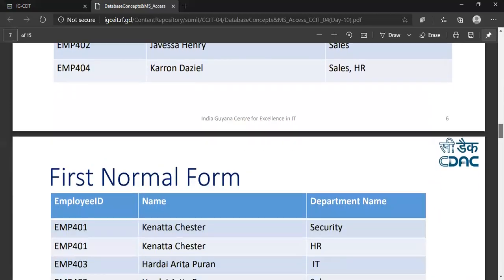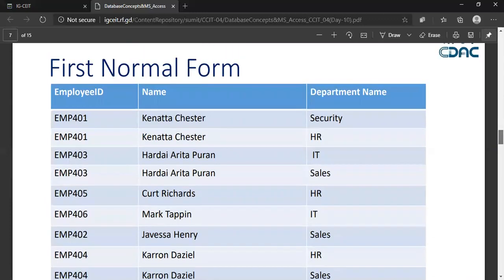So in this first normal form table, I added one more row with the same name and two different departments. You will notice now every column has a single value.